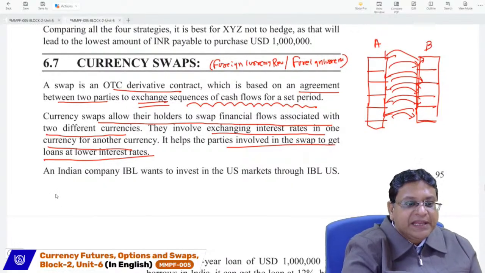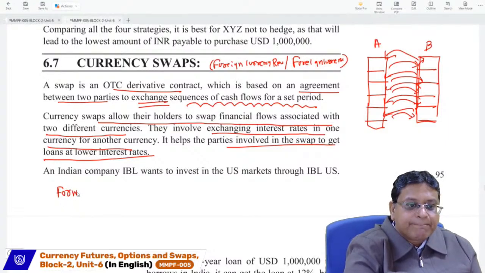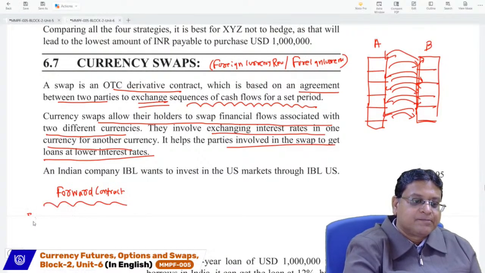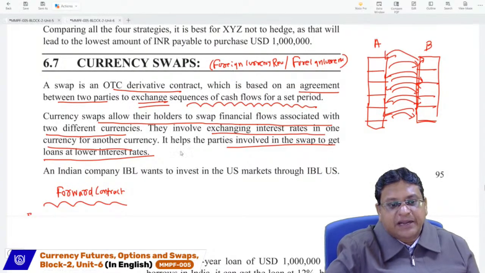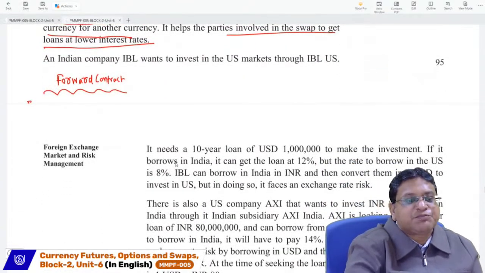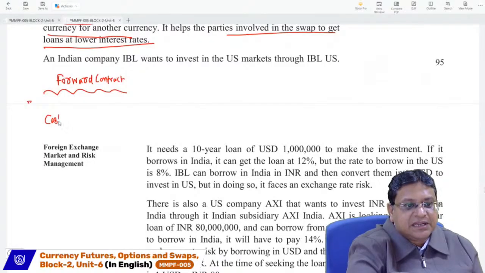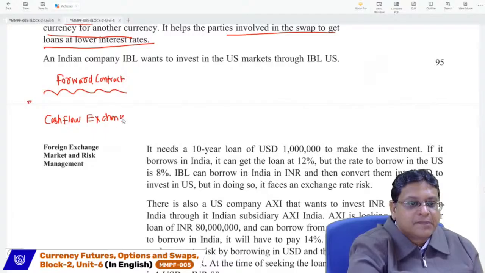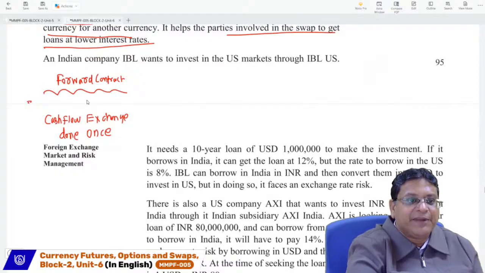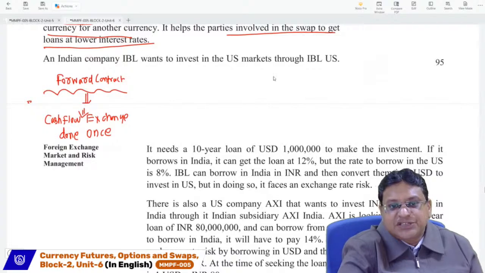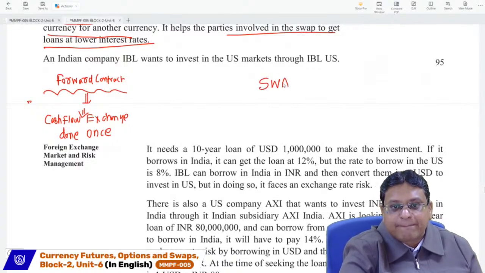Now please see, in a forward contract, the cash flow exchange is done once. Settlement is done once in a forward contract. But in case of a swap contract,